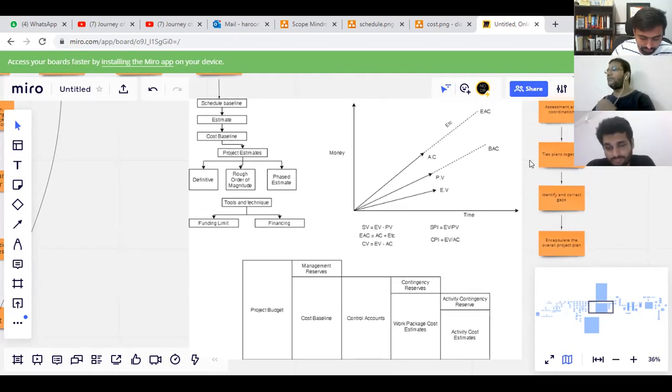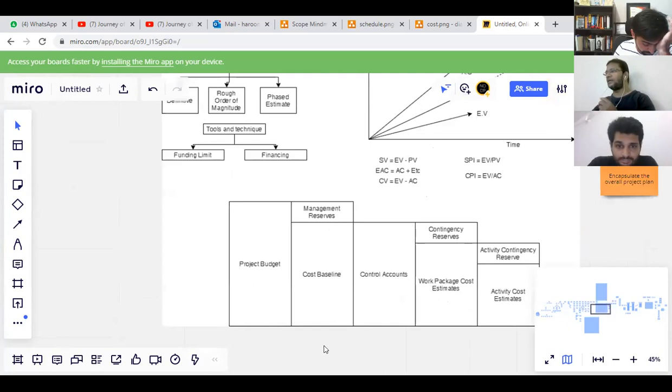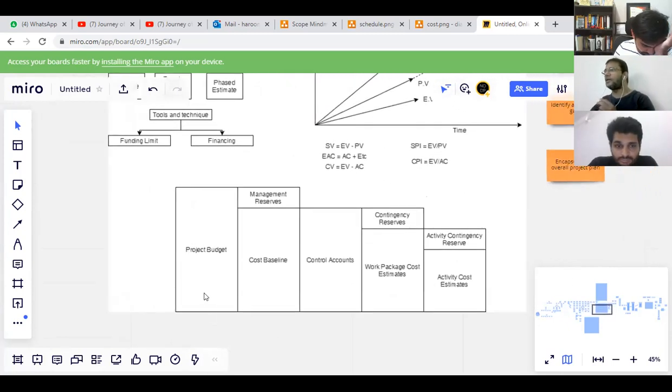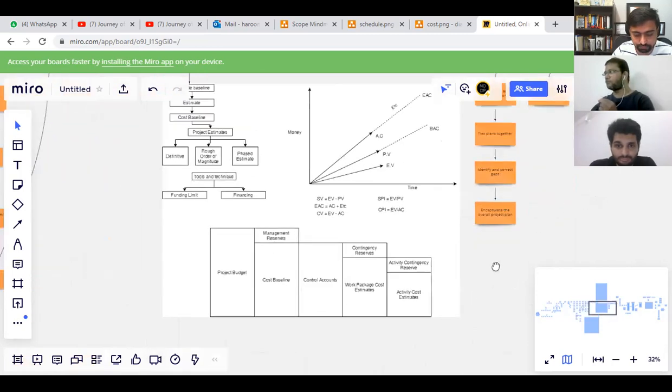And then we have the chart below, which is the chart for the cost. Basically, we have activity cost estimates along with activity contingency reserve. This makes up the work package cost estimate. And when we add this work package cost estimate along with the contingency reserves, this makes the control accounts. And again, from the control accounts, this will make the cost baseline. Again, when we add the management reserves to this, this will make the project budget. Basically, this is nothing but cost aggregation of the items, because we are moving from bottom to top for